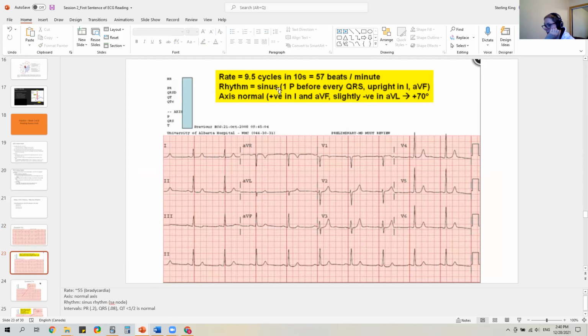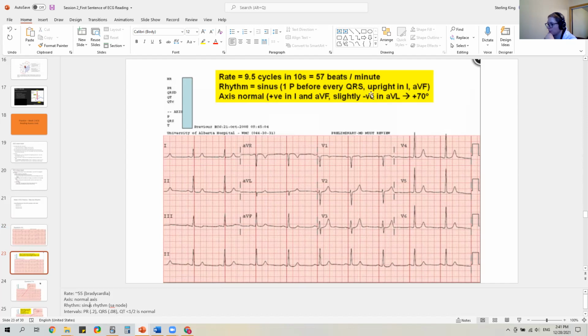So rate. Yeah, you could have done it over the 10-second count. I just looked across. I said about 55, it's a bradycardia. And if you counted over 10 seconds, it would have been 57 beats per minute. So pretty close. Rhythm. If you did rhythm next, it's sinus, so there's a P before the QRS, so it's normal